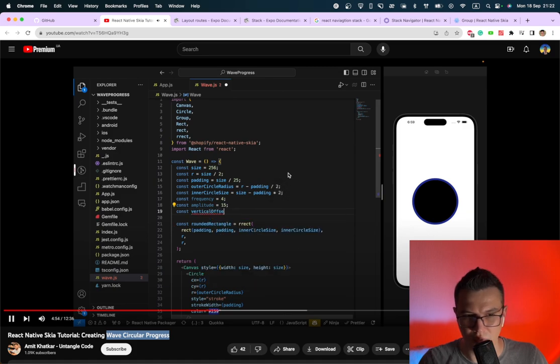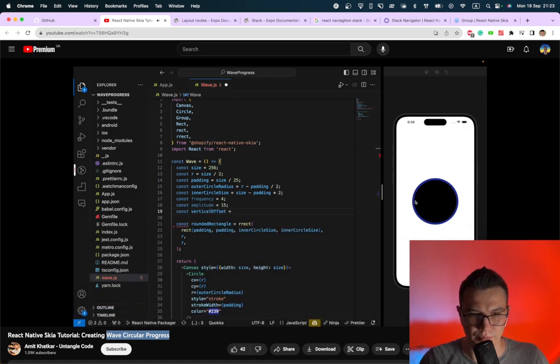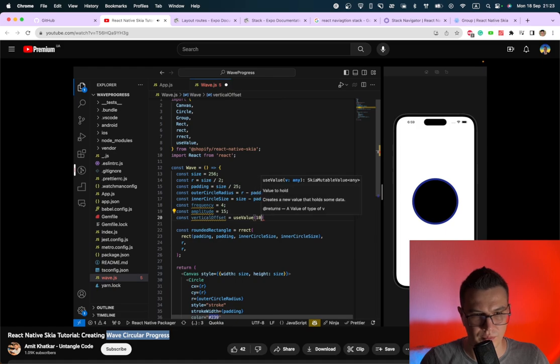Offset. Vertical offset is basically at what point we are animating the wave. Like let's say if it is 50%, then we will animate it here. If it is 100%, it will be here, and if it is 20, it will be here. So vertical offset for now we will use as 100. Also make sure